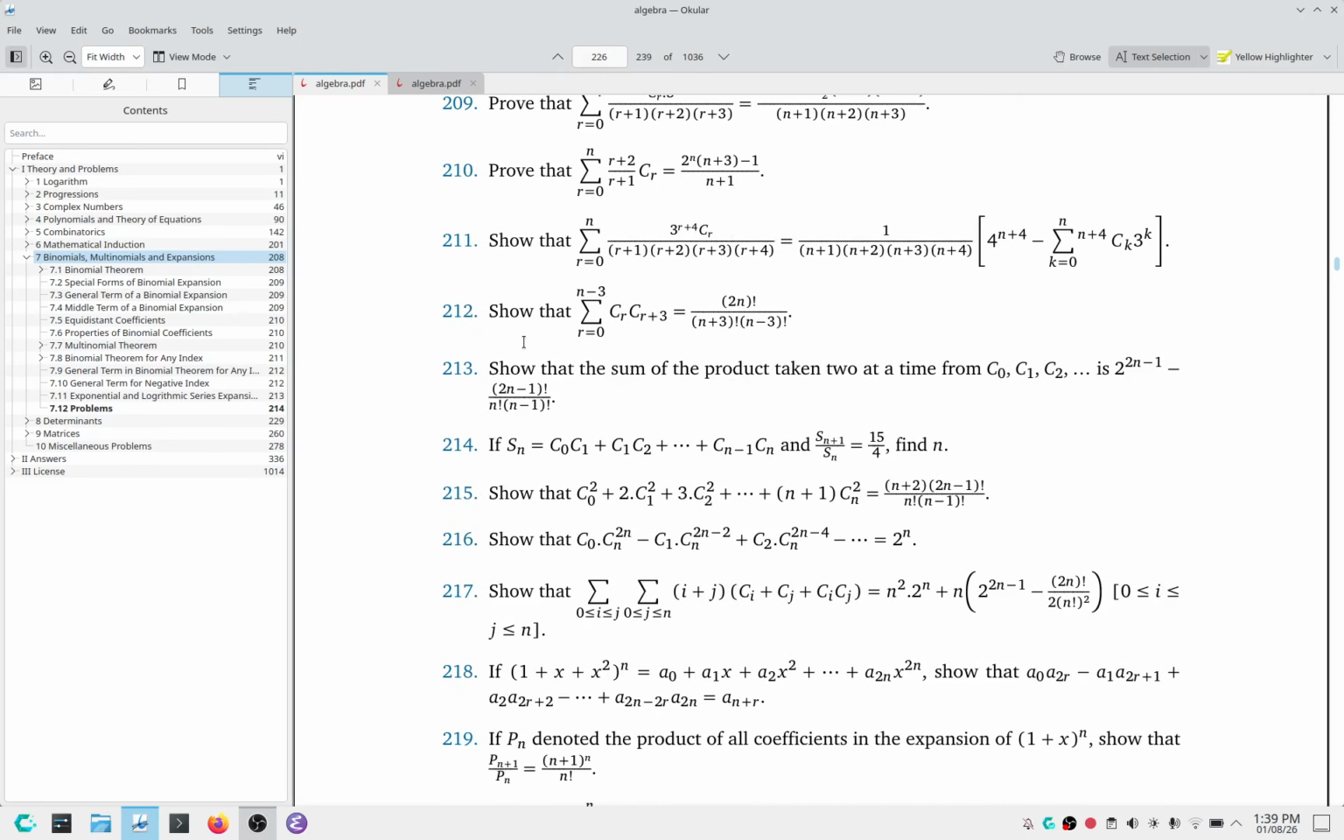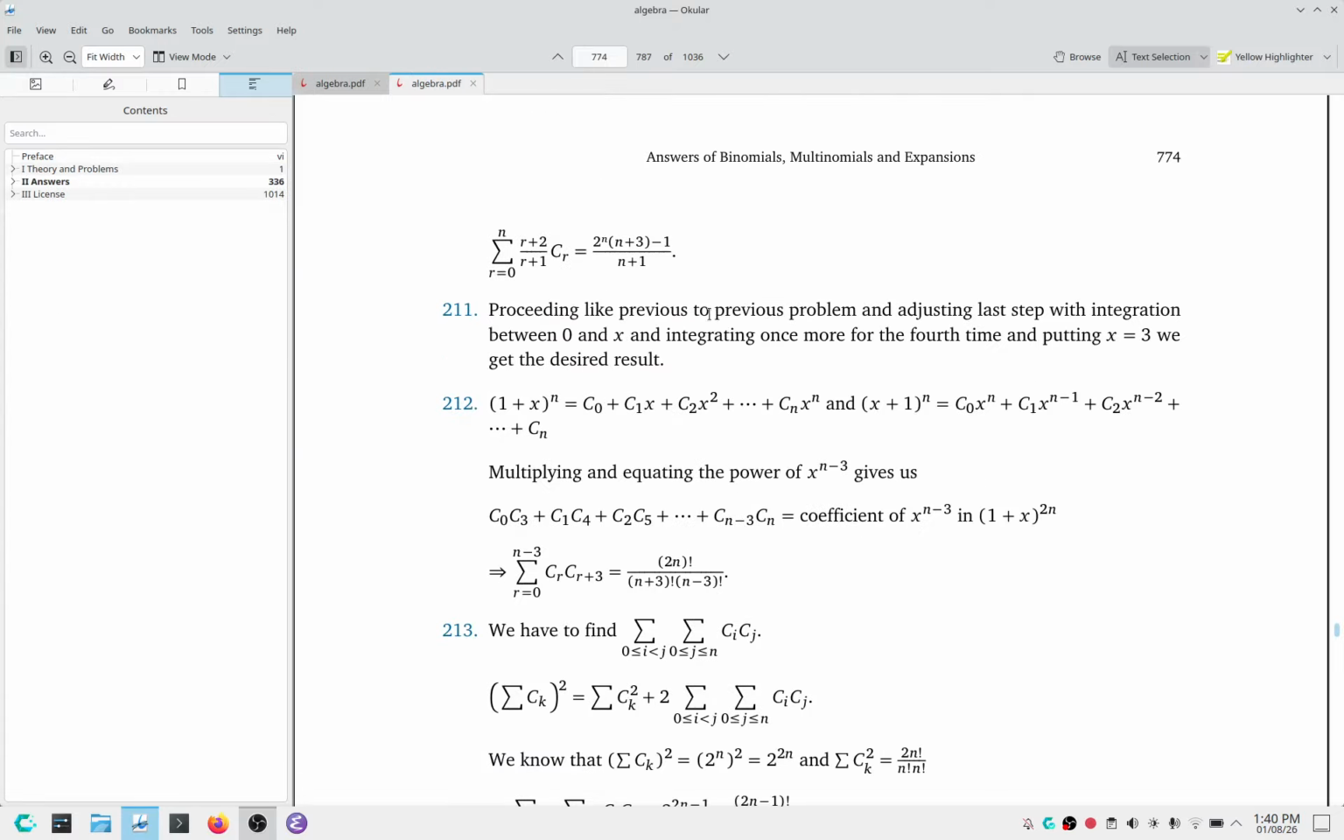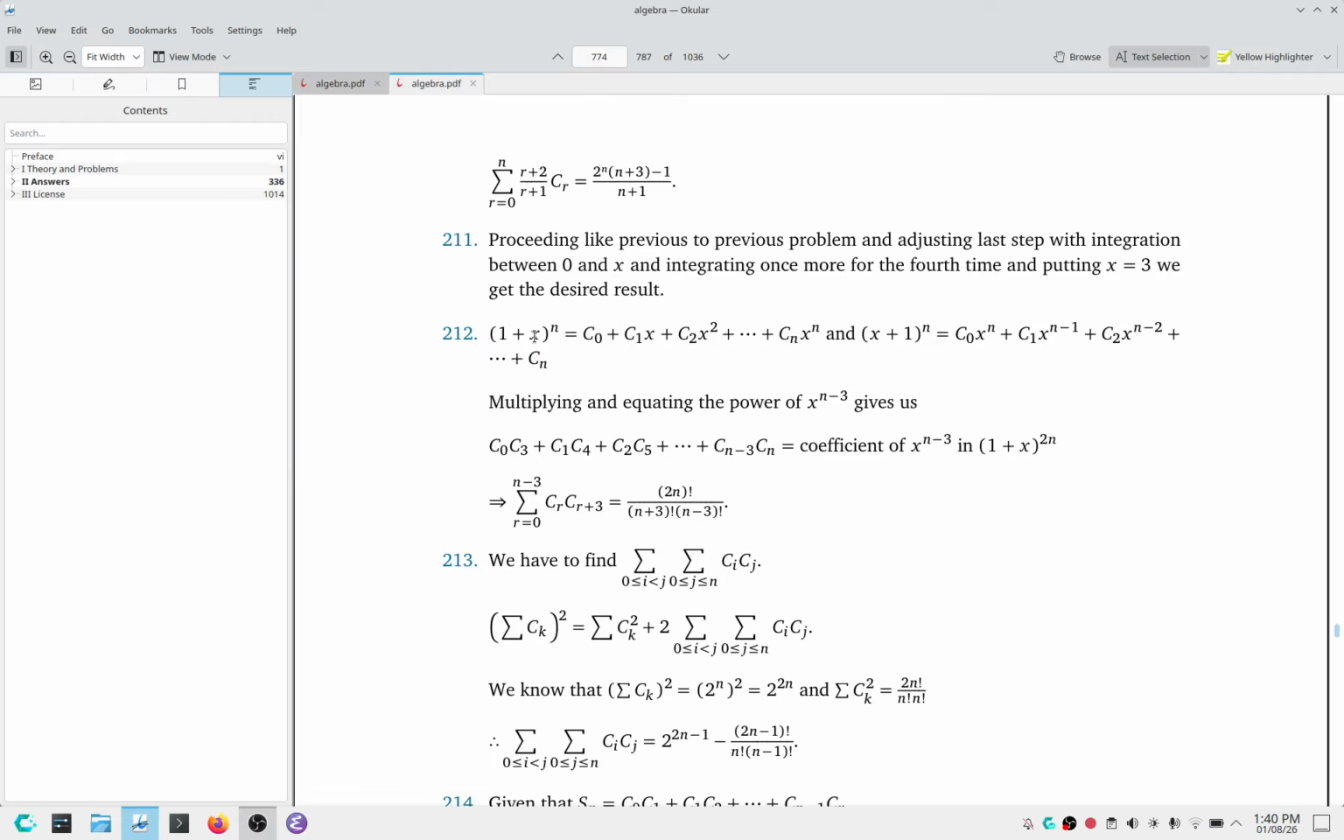Question 212 says: show that sigma r equals 0 to n minus 3 of Cr times Cr plus 3 is equal to 2n factorial upon n plus 3 factorial times n minus 3 factorial. So we